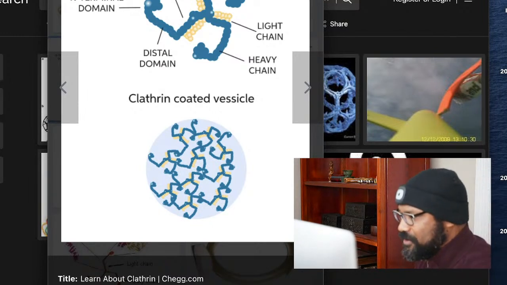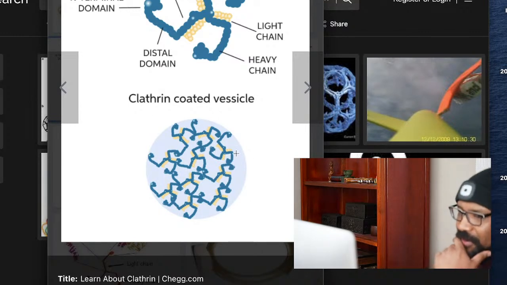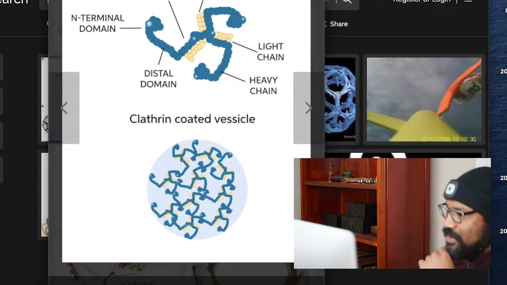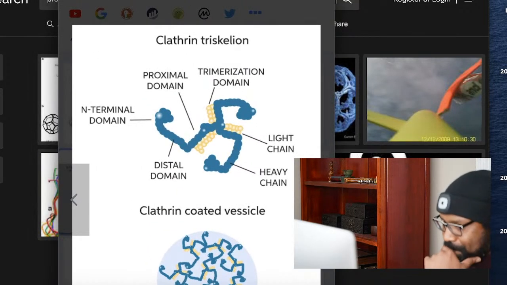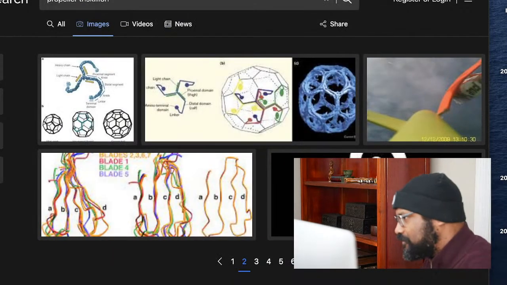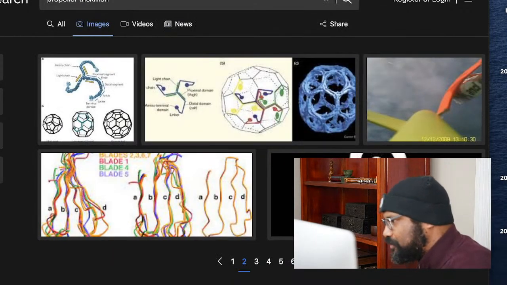I'm going to go further here. You should look this up further and see for yourself. Look at the propeller right there. But this is what it's called scientifically. I'm going to go further than that. Let's see what we got here. I'm going to go back to the original picture that I had up here. Give me just a moment.